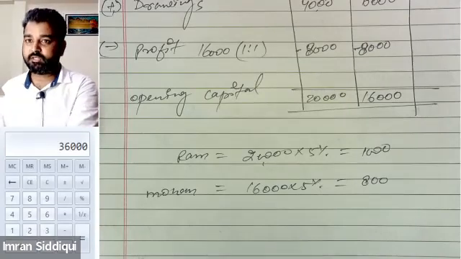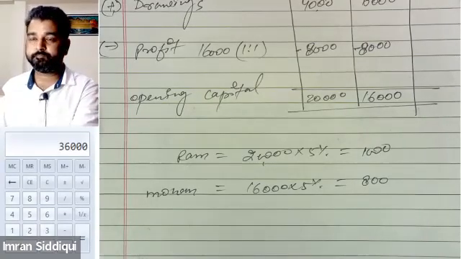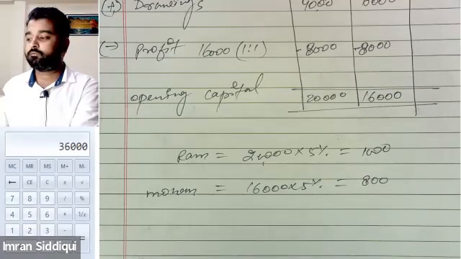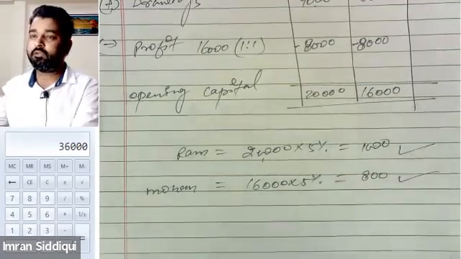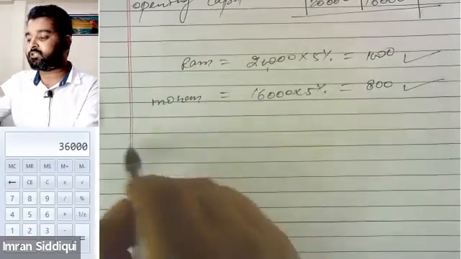Tell me, everyone, is this clear to all of you? Yes, sir. Okay. Now, after calculating the interest on capital, we need to pass the general entries for